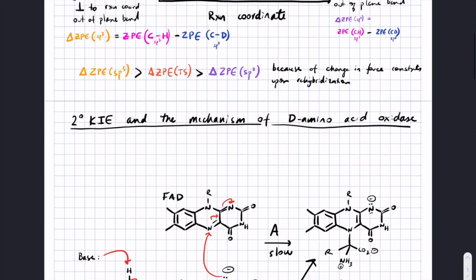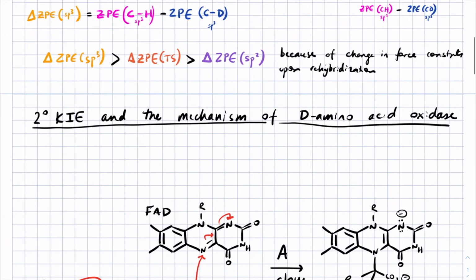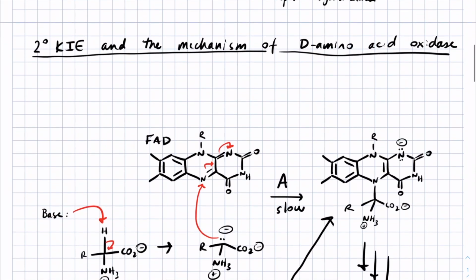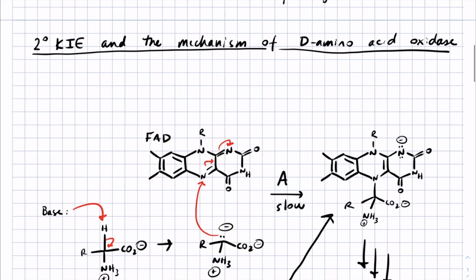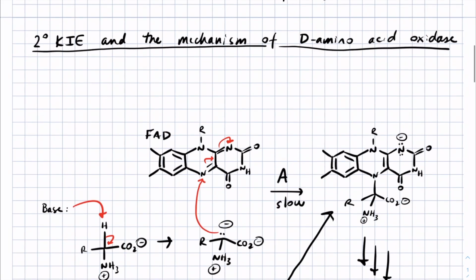The one we'll talk about is the mechanism of D-amino acid oxidase and its oxidation of an amino acid to an imino acid using the cofactor FAD, flavin adenine dinucleotide. So in this reaction, an amino acid loses its proton, and you get this amino acid enolate. And from that point, there are two mechanistic possibilities. The first, which we'll call